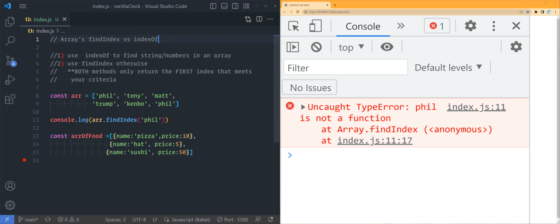All right, let's talk about arrays findIndex and indexOf. Here I have an array of names. I try to console log findIndexFill. It says fill is not a function. What if I do